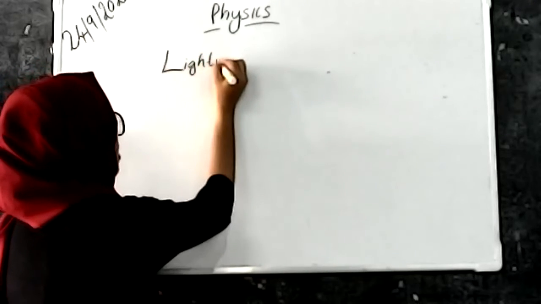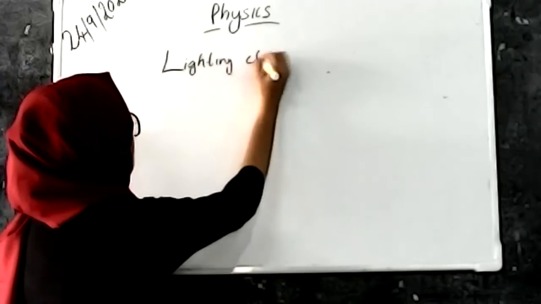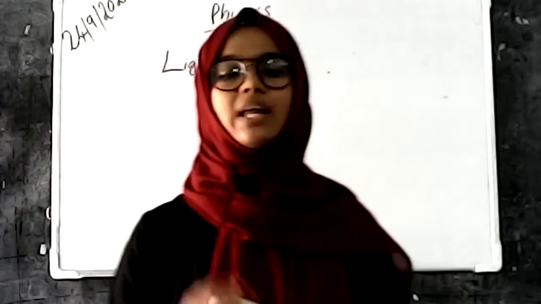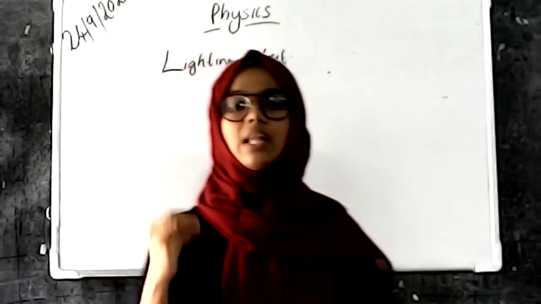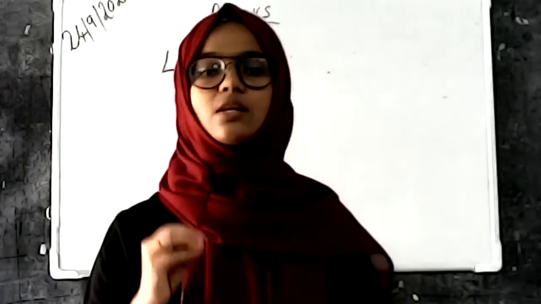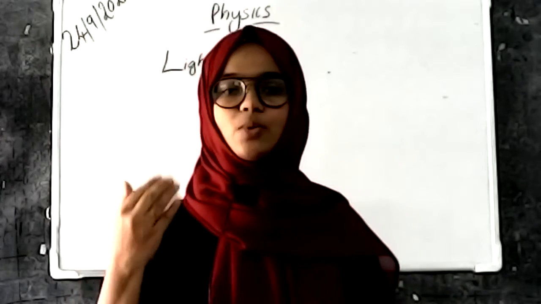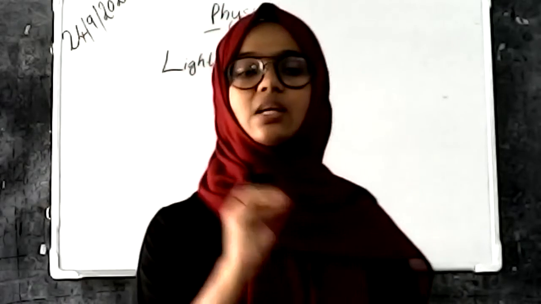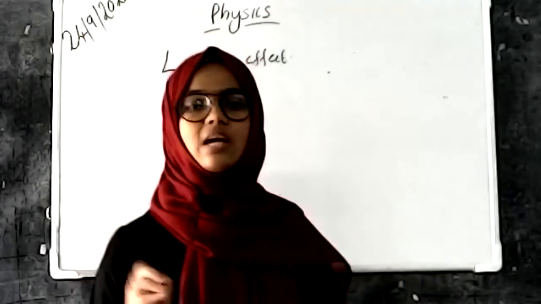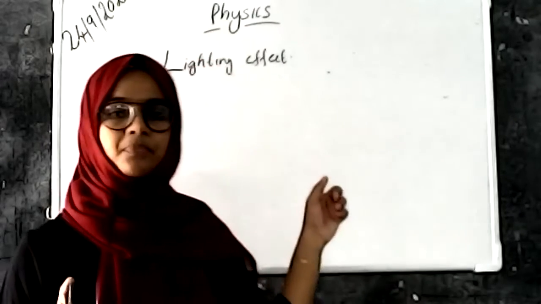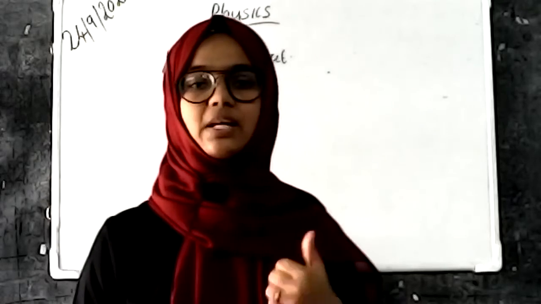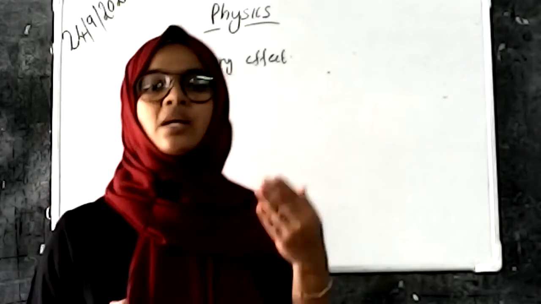This topic, we are already discussing the definition of the lighting effect. Here, the effect of electricity is in the form of light. Electricity is applied to a device and that device gives a lighting effect. So here the electric effect is the lighting effect. There are some devices based on the lighting effect of electricity, that are lamps.